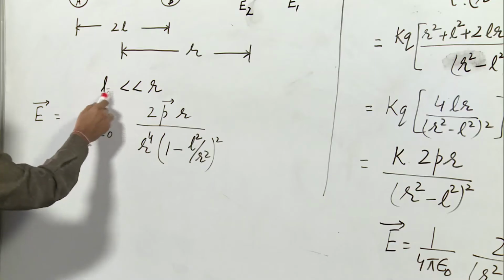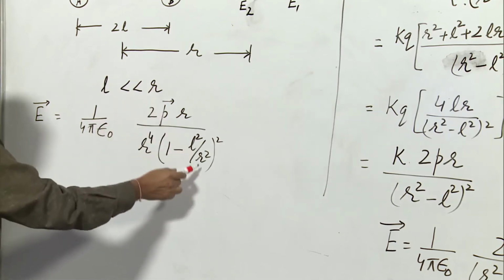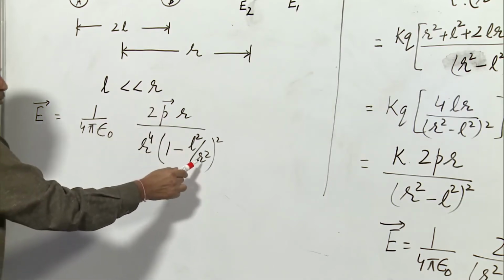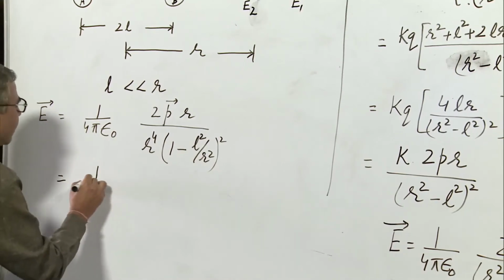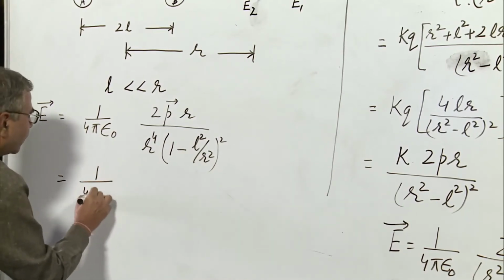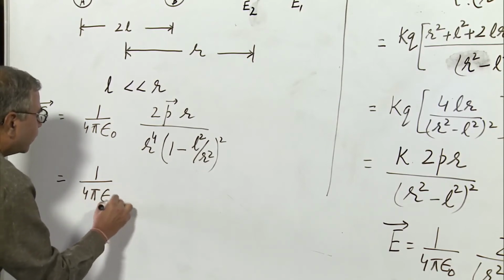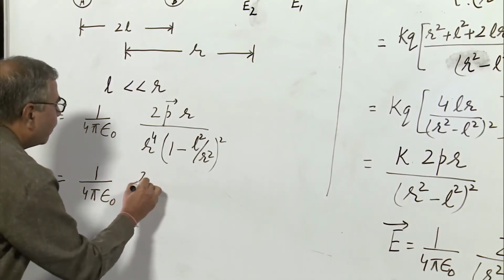When L is very small as compared to R, L²/R² will be a very small quantity and can be neglected. So the expression becomes 1 upon 4 pi epsilon naught 2P